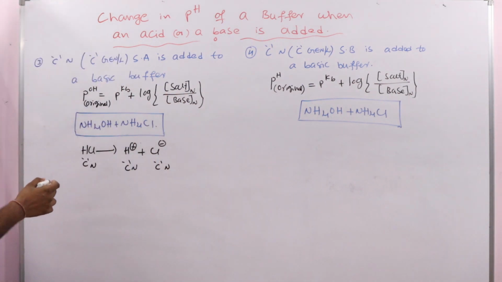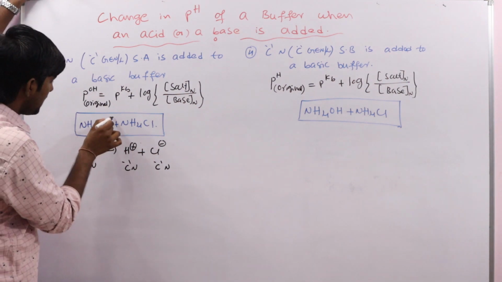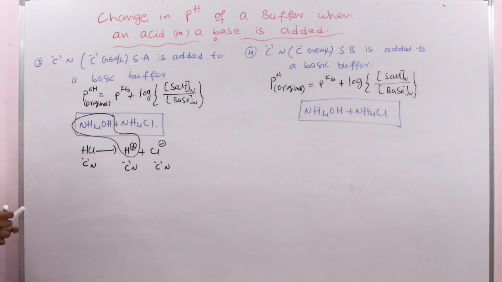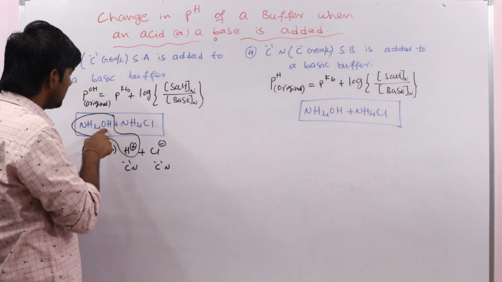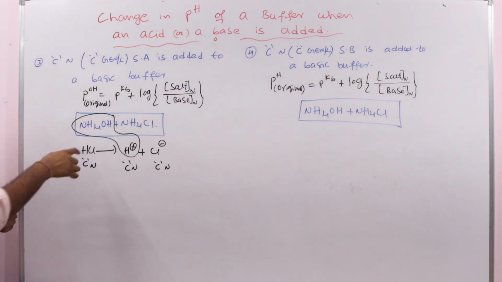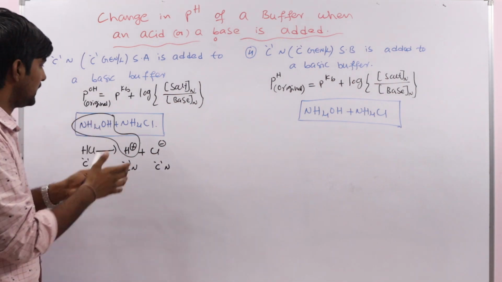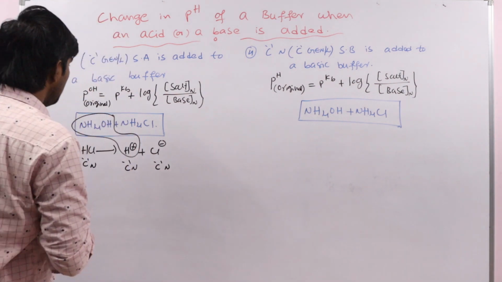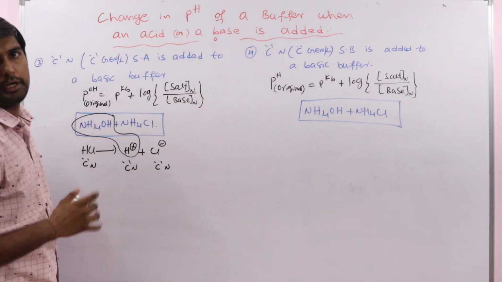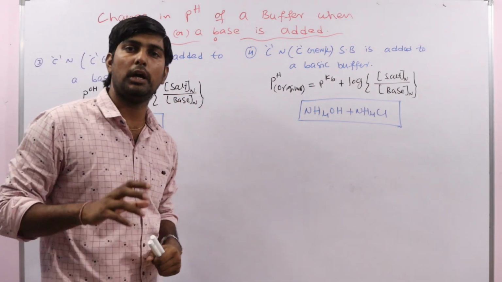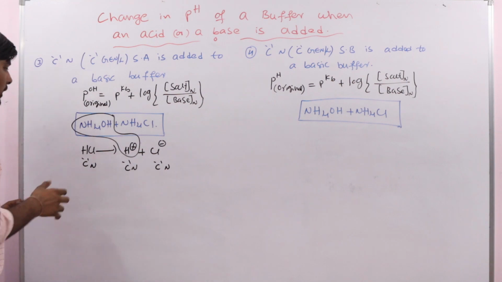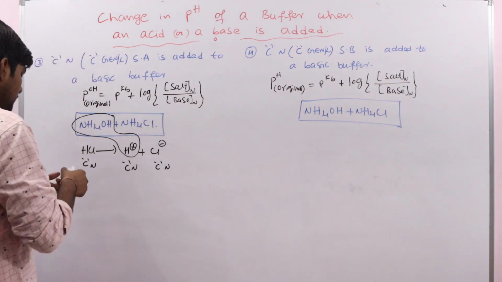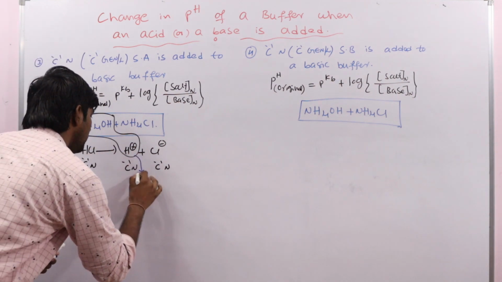So now what happens here? These H plus ions react with the base present in the solution. Yes or no? Same as the acidic buffer, here the weak base is almost undissociated and the salt is almost completely dissociated, which we discussed in the action of the basic buffer. So now this added H plus ion reacts with the NH4OH to form, what will form here now?